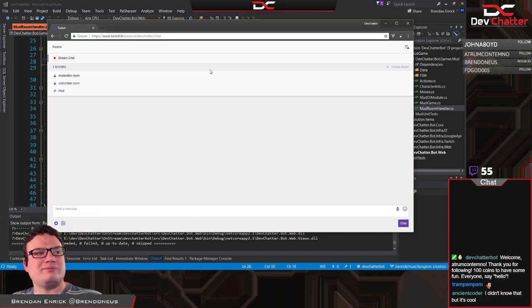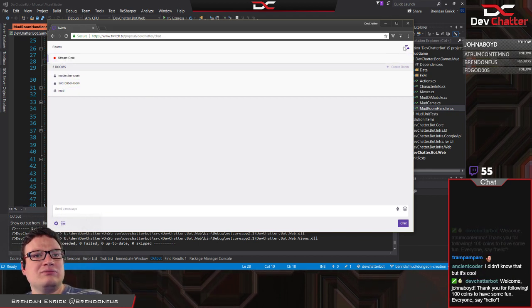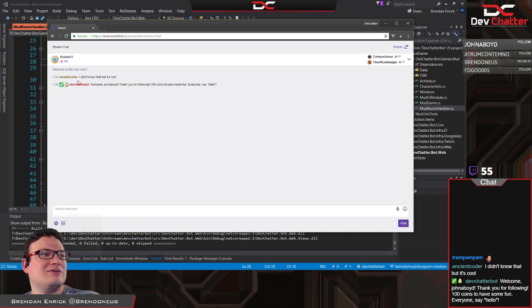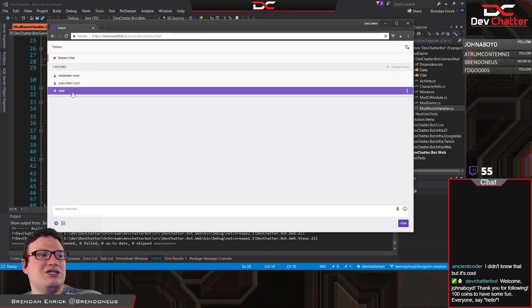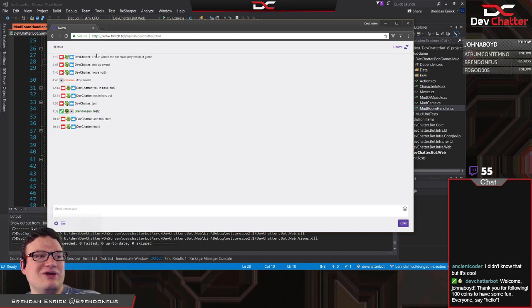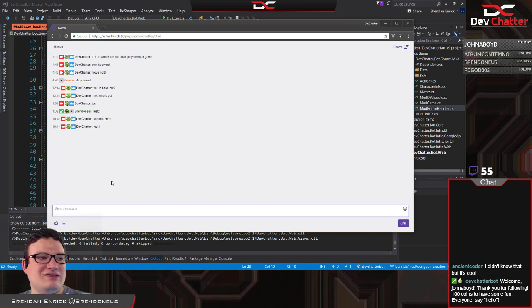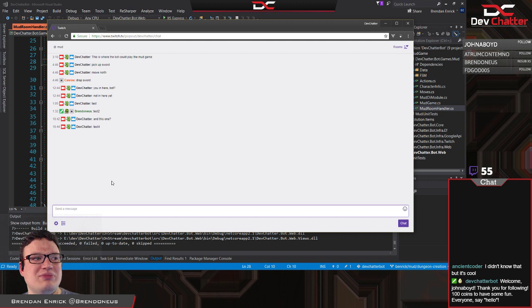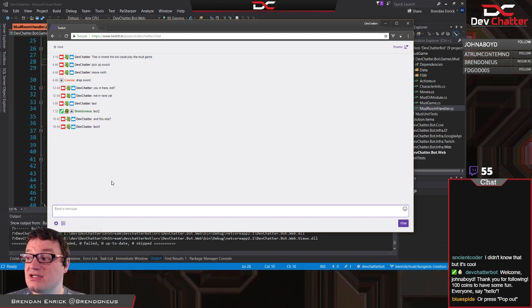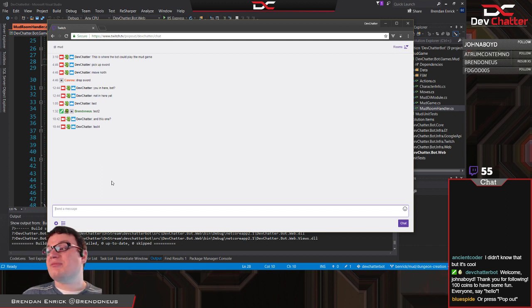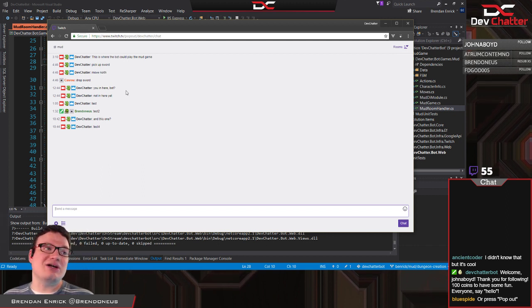Okay, so I am here. You guys can all type in here. So if you change to our mudroom, you'll see that right now there's just test stuff. So nothing all that important in here, but this is the room where we want the text adventure to take place. So we're going to put this over here. Yeah, Blue Spide, you could do the same thing and that would get you that also.